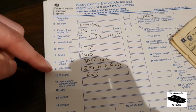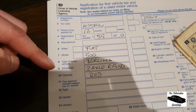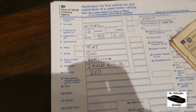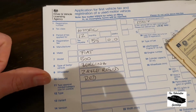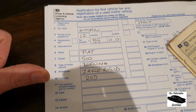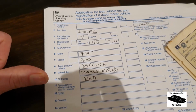The wheel plan in this particular case, and for most cars, is a 2-axle rigid construction. But again, do check with the vehicle that you are bringing in that is the case for it. Put the colour on there. Again, the colour it's registered as doesn't really matter, but occasionally they will, not likely in this particular COVID situation that we're in,